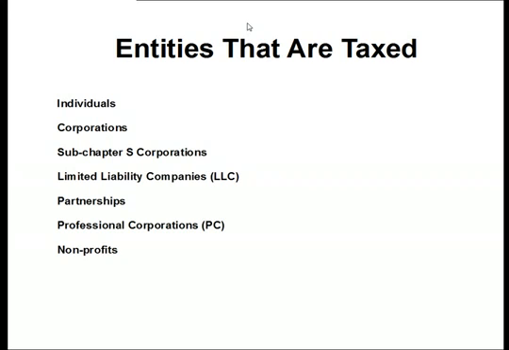So first of all, individuals. People, couples, children can all pay taxes. Yes, even children can have taxable income and investments and stuff like that. Corporations. Corporations pay taxes. I realize that there's a joke in our society that corporations don't pay taxes. However, here in the United States, we have the highest effective marginal income tax rate for corporations in the entire world. A lot of people don't realize that.